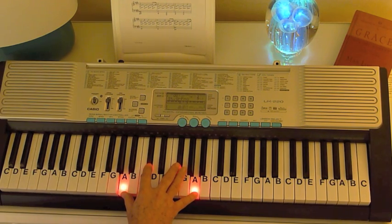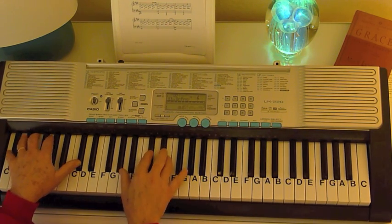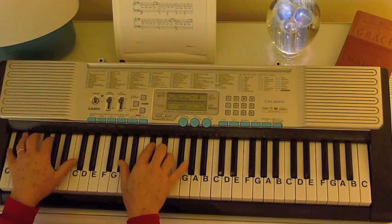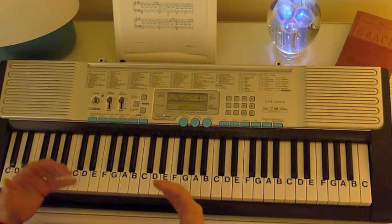Okay, once we get to the A right there, you've got a C sharp, F sharp. So, I'm going to start from the beginning so that we can get into it. I may do this a couple of times here. And you can't go too slow on this piece. I guess you could, but just don't get in a rush for it, because it's very slow,